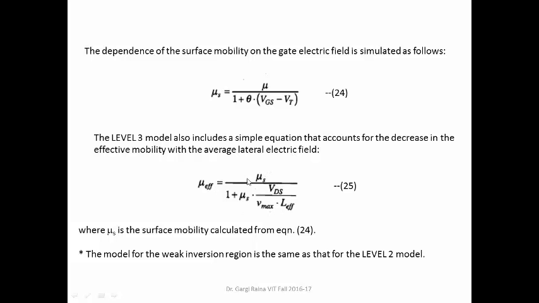This is how the effective mobility expression is given, where mu s is calculated. From this you can calculate the surface mobility mu s. The model for the weak inversion is the same as you are using for the level